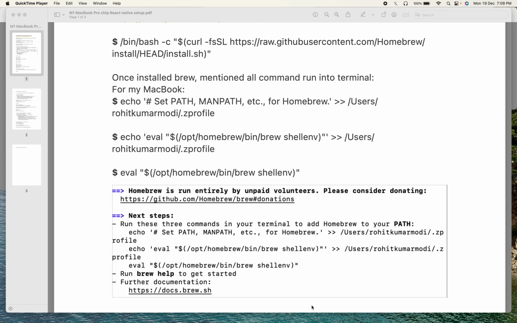So let's start. First we will install Homebrew. We need to run this command. This is the Homebrew command. Once Homebrew is installed, then